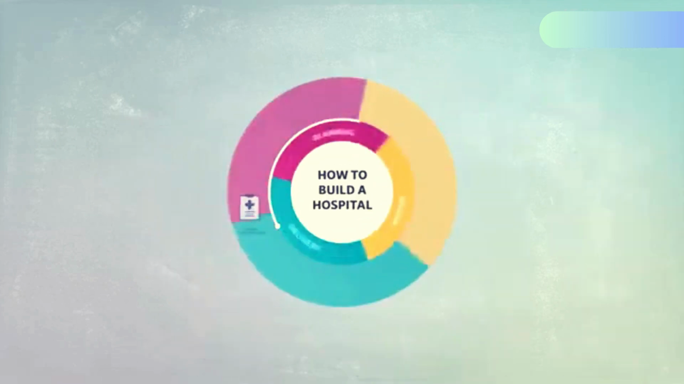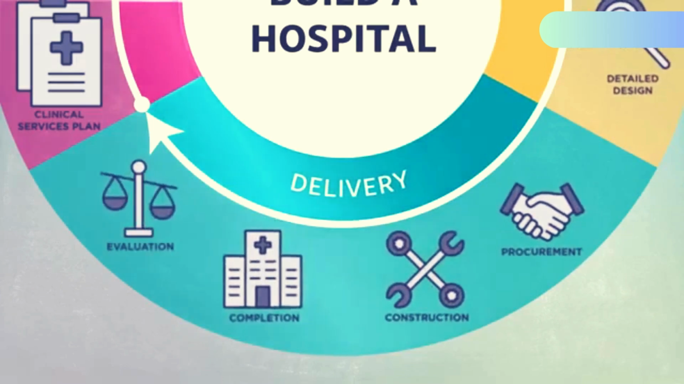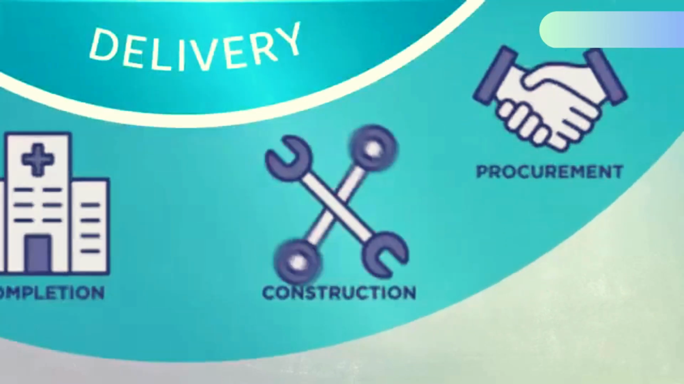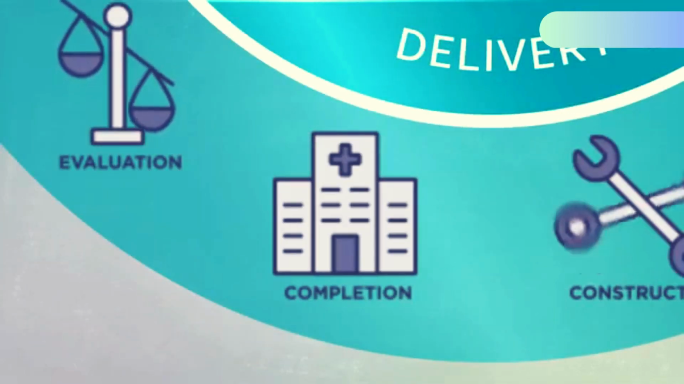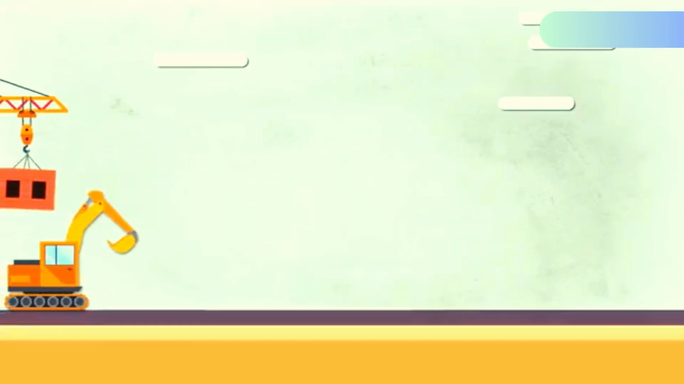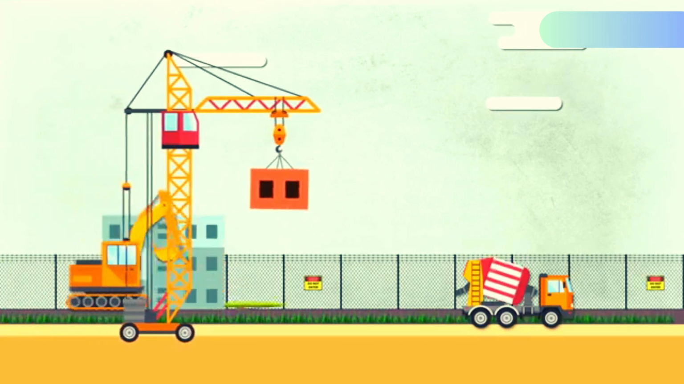Once our detailed design is finalised, we move into the delivery phase. This starts by issuing a tender to engage a construction company that can build a high-quality health service on time and to budget. Construction involves enabling work such as installing site fences and site offices, early works such as demolition